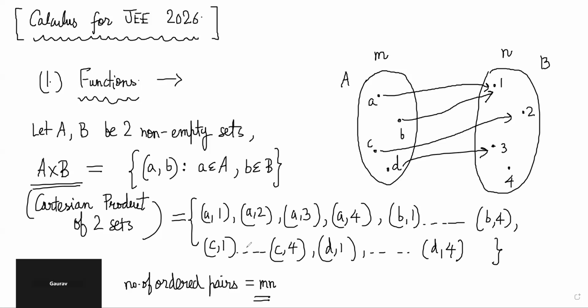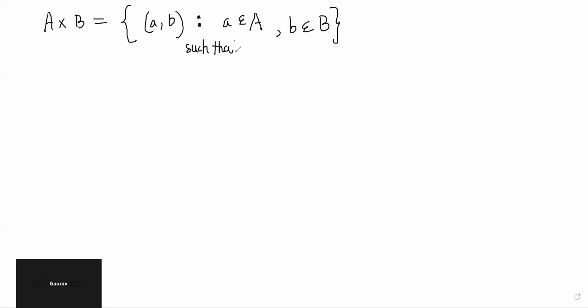Why are we defining Cartesian product? Because using Cartesian product itself, we can define both relations and functions. So let's say you have a Cartesian product A cross B is equal to the set of ordered pairs (a, b) such that a belongs to the first set and b belongs to the second set. Here you should know this symbol. This means such that. And this is the set of ordered pairs such that these conditions have to be true. So if you have that situation,